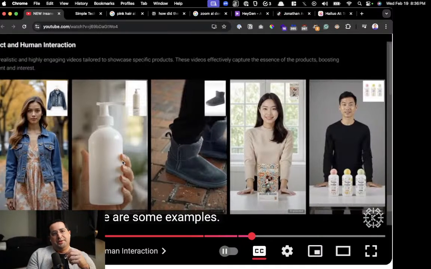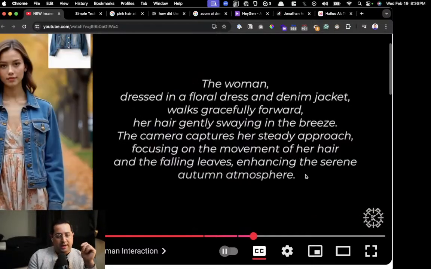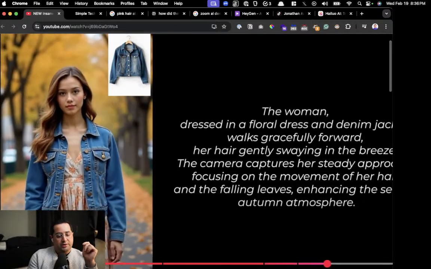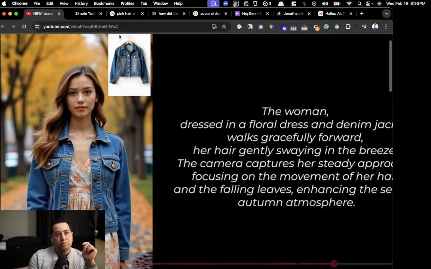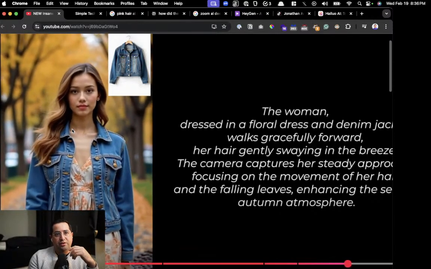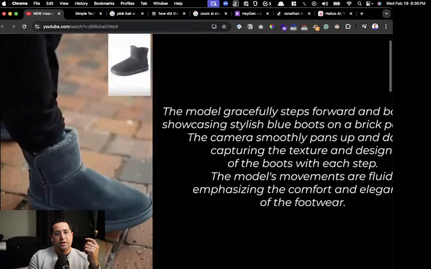So in happier news of altruism, you can use Goku, which is ByteDance's model, video to text, or I think it's a text to video model. You upload a picture and then you tell what you want the influencer to do, and like this one here, there's the prompt on the right hand side, and now it's creating a model with that jacket. So she doesn't exist. She's not a deepfake. She's actually rendered using Goku to show that.